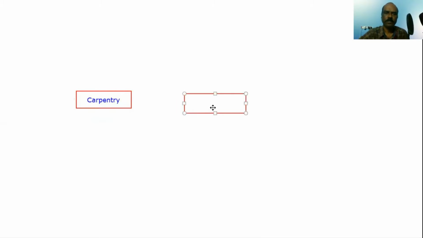Let's say the builder has given me just a bare flat, nothing inside. He has constructed all the civil work, but he has not done any wardrobe or anything for me. So I need to do some work. I think carpentry is one work I need to take up. Then let's say I also need to take up some electrical works.